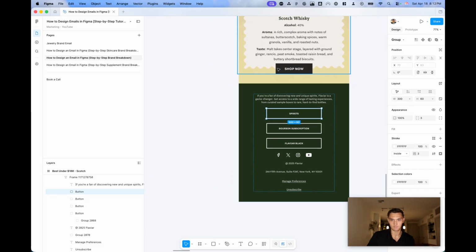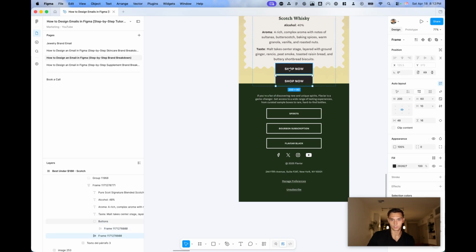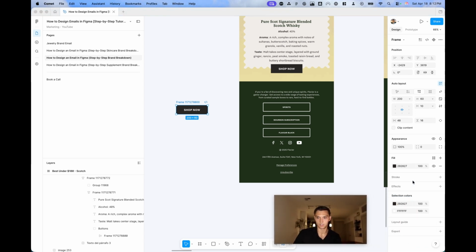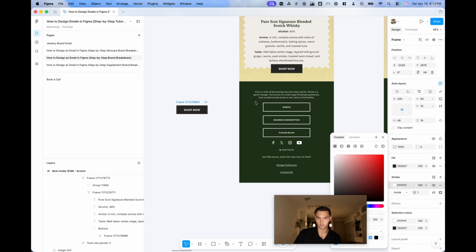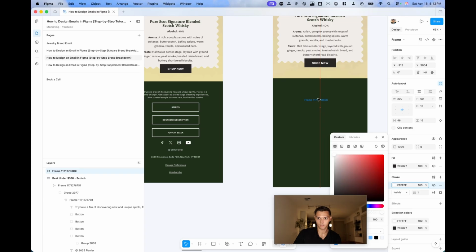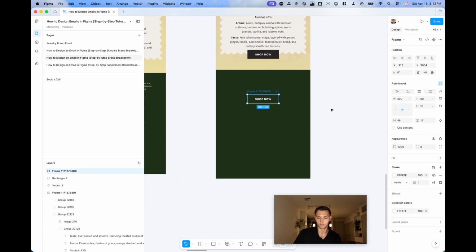So same thing with these buttons. Let's say if you wanted to invert the colors, you just select your original button. And then what you can do is on the right-hand side, you can add a stroke, just like there. We'll add a little white stroke. Make sure you can see it. There we go. And then remove the fill. And there you go. You've got the button. Got 1, 2,